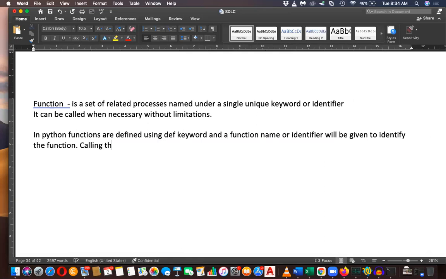Calling the function will be done by calling its name. So please write this down: calling the function will be done by calling its name.